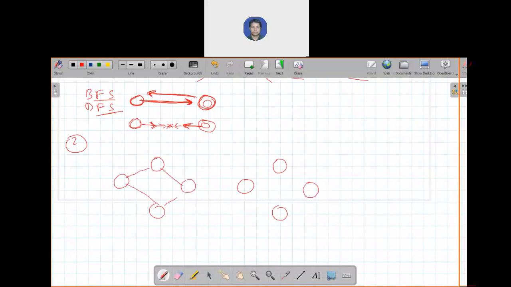Suppose this is the structure of your graph. You can take any structure. This is the state for nodes 5, 6, 7, and 8. Here, consider node 1 is the start state or initial state, and node 8 is the goal state. So what we do is start from node 1 in this direction.